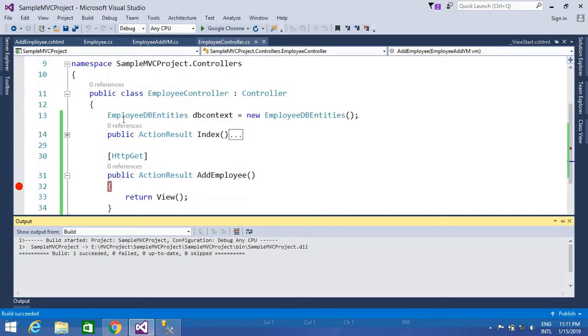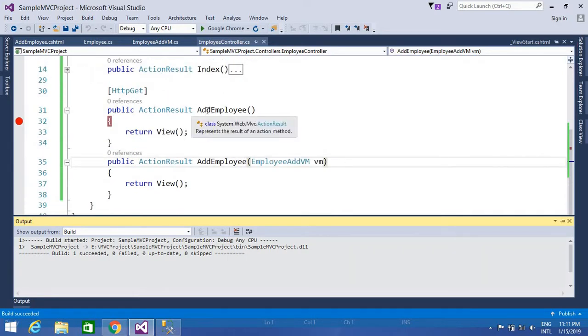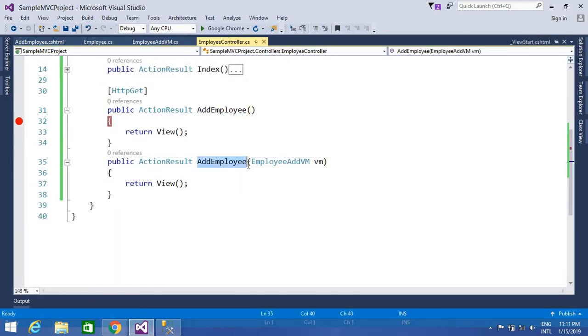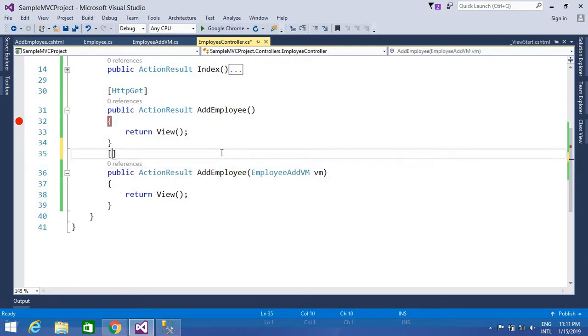So this is what method overloading is. A class has the same method name but different parameters, right? The data type is the same but the parameters are different. So this is the concept of method overloading. Here I want to restrict it so that only the post method is called whenever a post happens. So I'm just putting HttpPost as